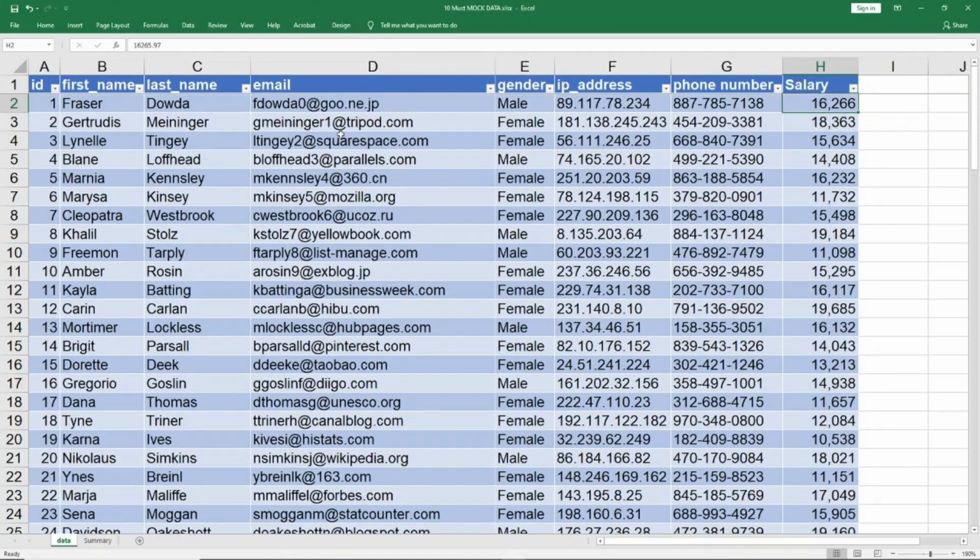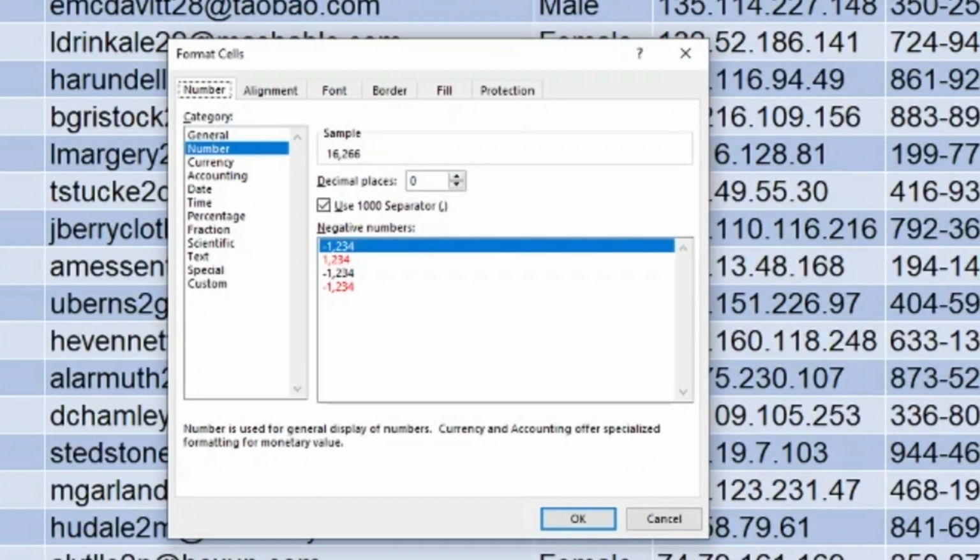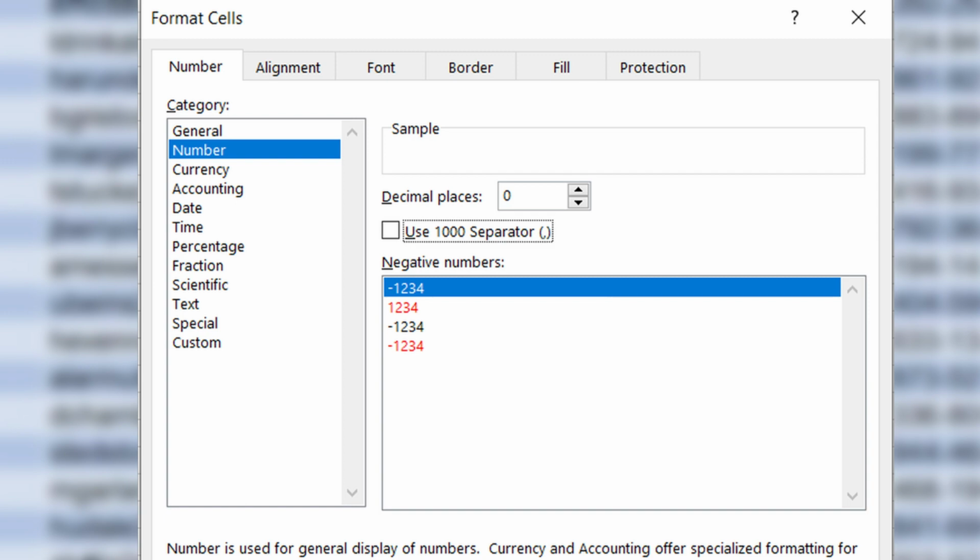Escape, escape. So now things have changed. Now it is showing me the sum, which means now it has become number format. Had it not been in the number format, I would have again gone to H2, Shift Control Down, Control 1 to come into the formatting and see here, my number is selected on the top bar.